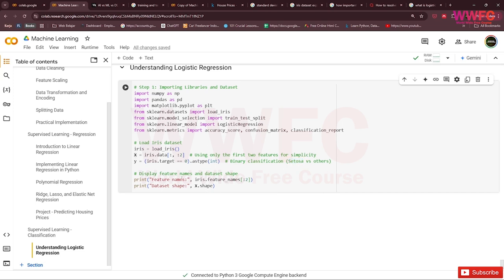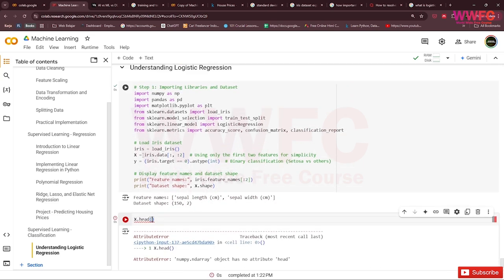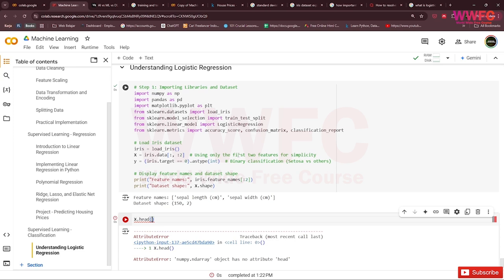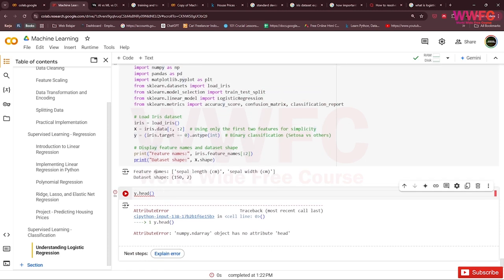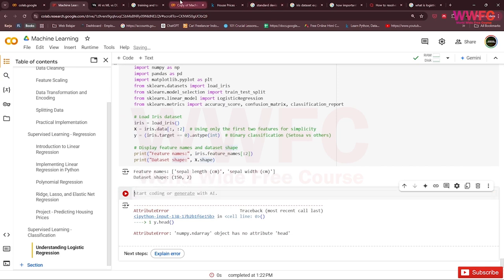So here we load the dataset. For X, maybe we want to see the iris data, numpy, the feature names, iris feature names. The first two features for simplicity, and maybe y as well. It's still an array, but we don't use this first.